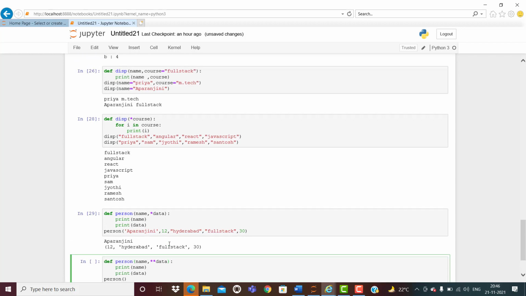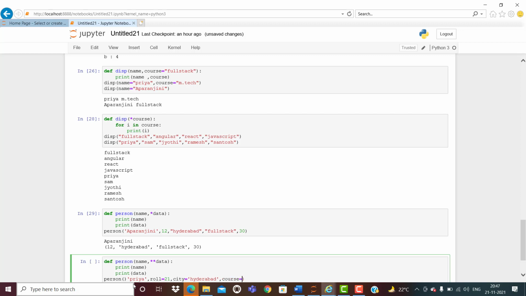So here I am writing simply, here I am writing Priya, comma, then here you can write roll number is equal to 21 and city is equal to, write down here Hyderabad, and then